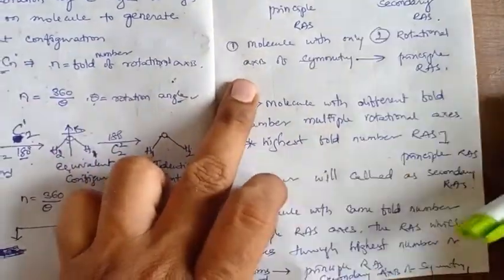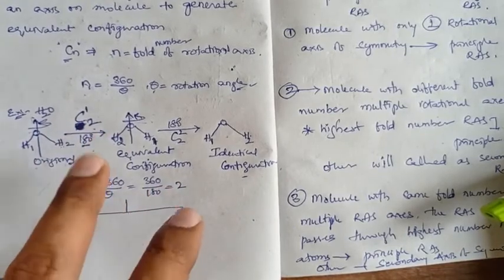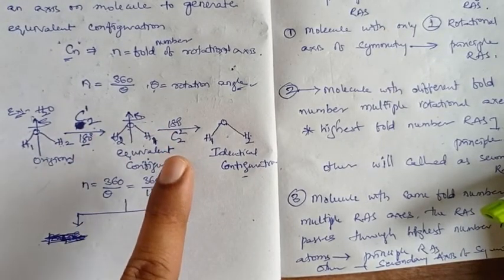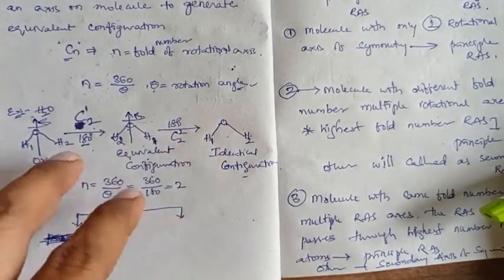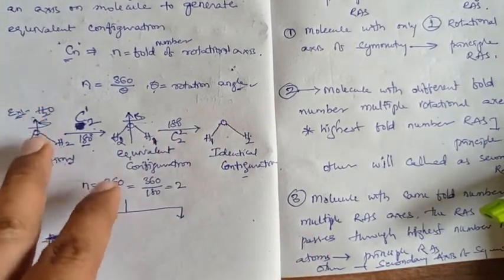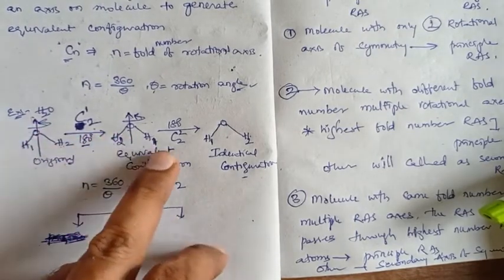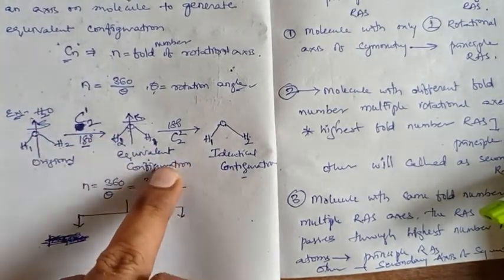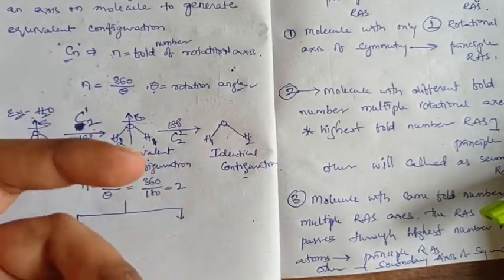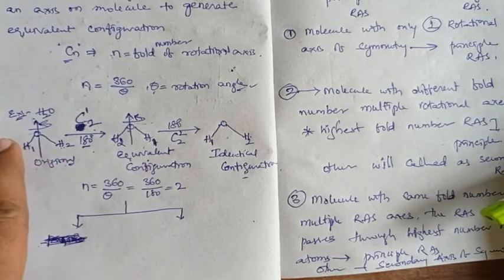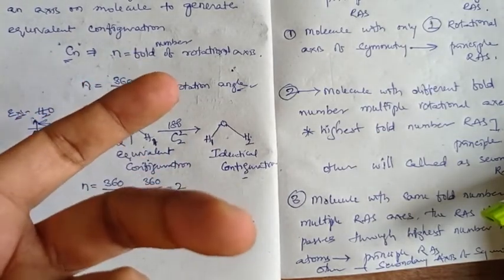So the first point is applicable to the water molecule, right? Water and ammonia molecules will have only one type of rotational axis of symmetry. There may not be multiple, because an axis passing vertically through the oxygen atom, doing a 180 degree rotation, is the only rotational axis of symmetry. Other than that, even if you try, it never generates a rotational axis of symmetry. Even if you consider a horizontal axis and do a rotation, it never works, right?